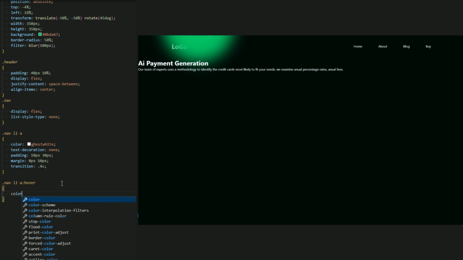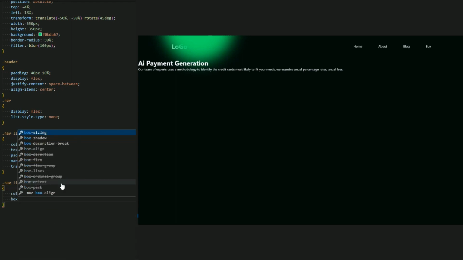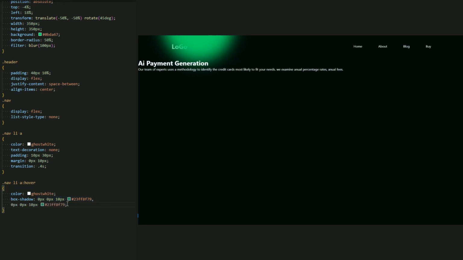The color is the same, and box shadow 0 pixel, 10 pixel, with this color. This is the first box shadow, for outside it, and let me copy and paste it again, with 5 pixel.